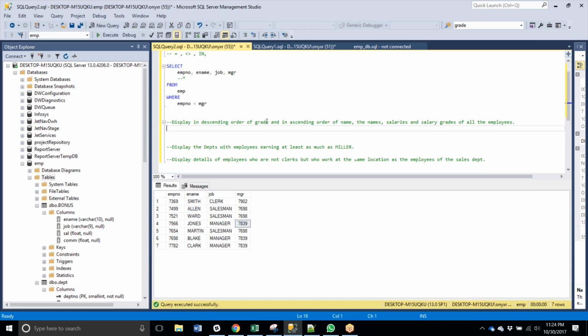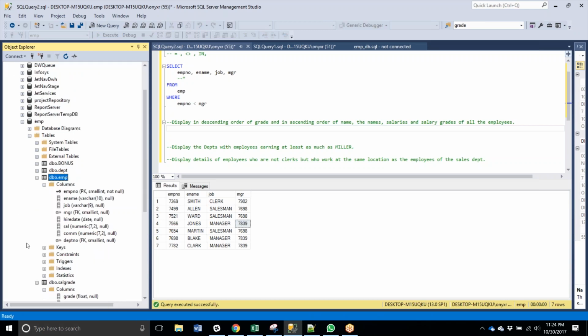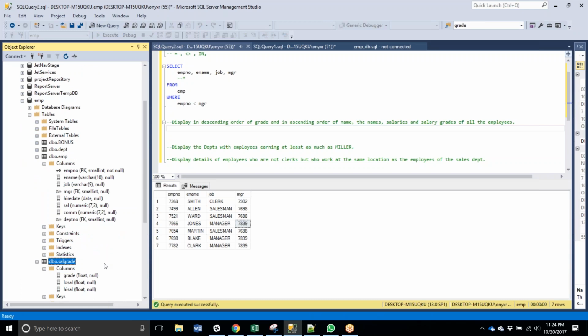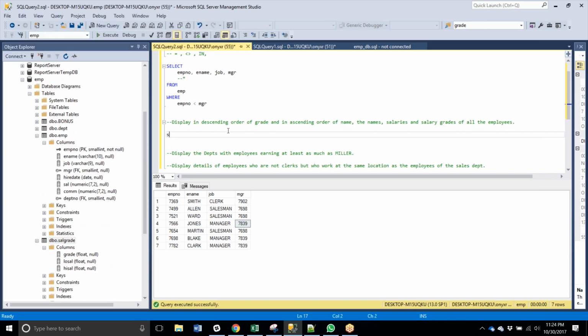So what two tables do we need to combine? We need to combine the employee table, and the grade is going to be found in a table called salgrade. I highly recommend, if you don't know what's contained in a table, super easy, select star